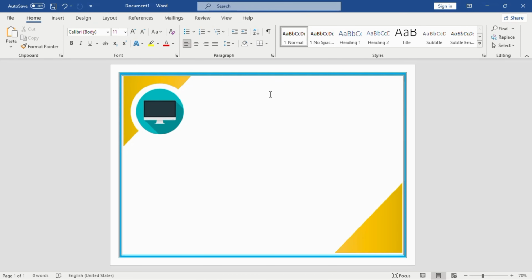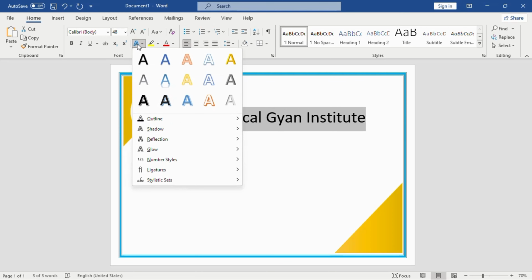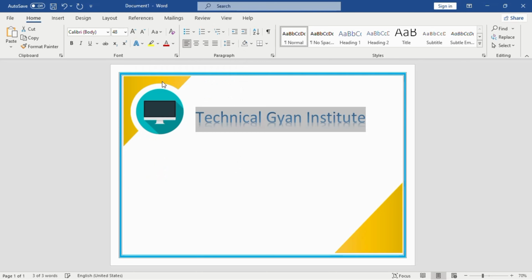Then we write the name. Technical Gyan Institute. Select this. Make it larger, 48. INS Institute. Then select this and go to this option, below this one, and then go to this one and